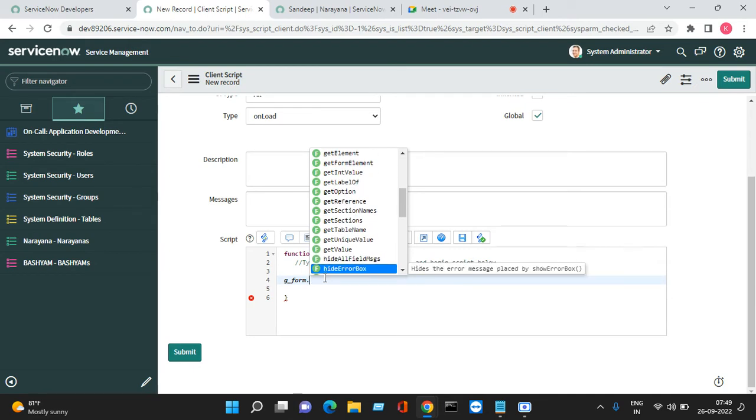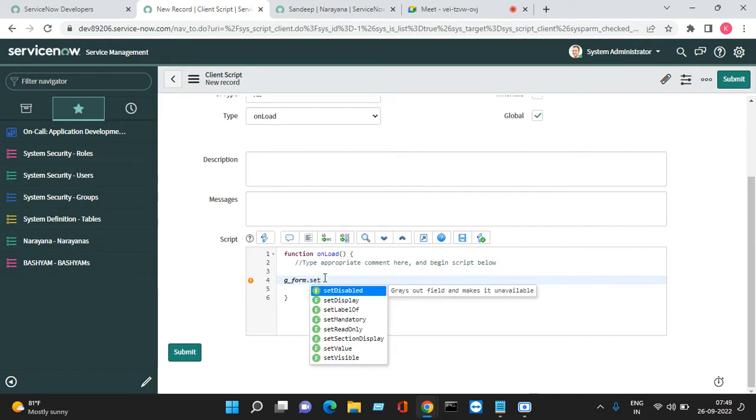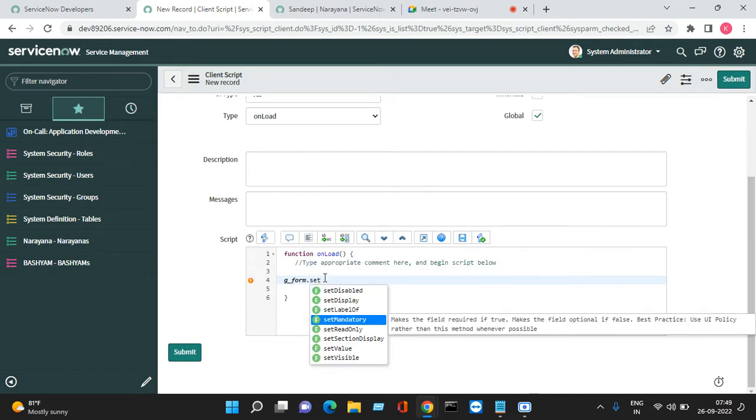So what happened for now? Our goal is we need to make a field mandatory. If you want to set mandatory, you can see set mandatory, and also you can see it makes the field required if true and makes the field optional if false. So that means if you give true, then it will act as mandatory. If you give false, it will be optional. And the best practice: use UI policy rather than this method whenever possible. That means if you want to make a field mandatory, the best practice is to always use UI policies,